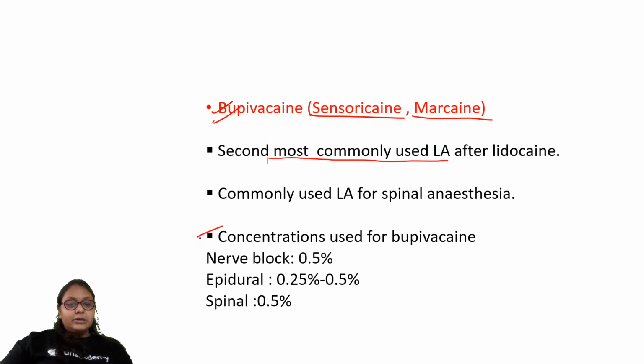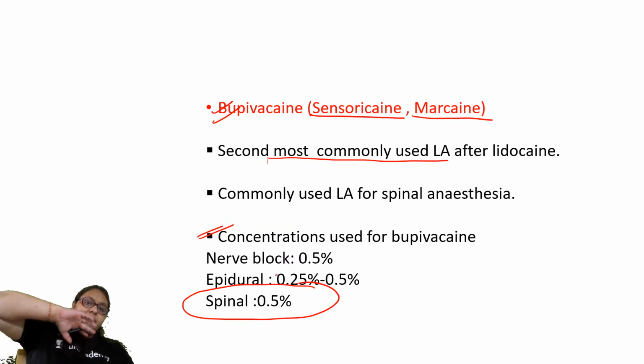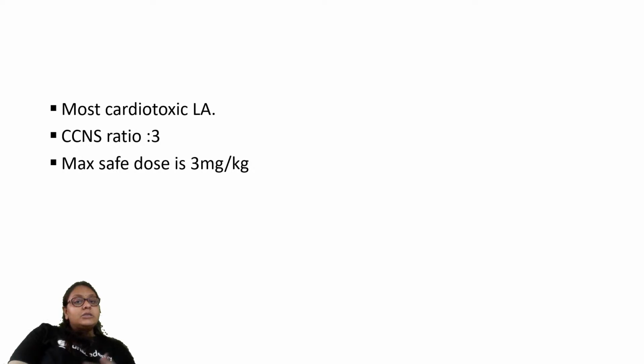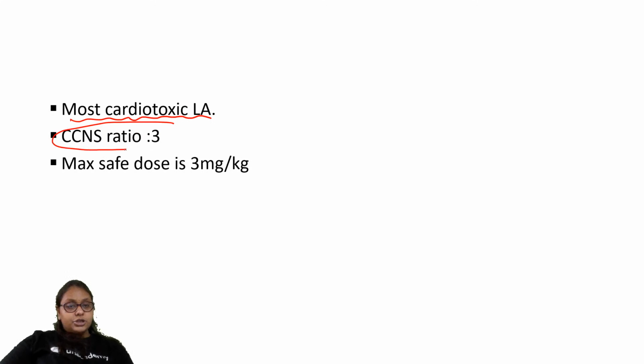Okay, and remember the concentration: for spinal we are using 0.5%. Lignocaine we were using 5%, but bupivacaine we are just using 0.5%. Okay, but it is the most cardiotoxic local anesthetic. I told you because the CCNS ratio is only 3 and the maximum safe dose is 3 milligram per kg. So that is the difference. Okay. Now,